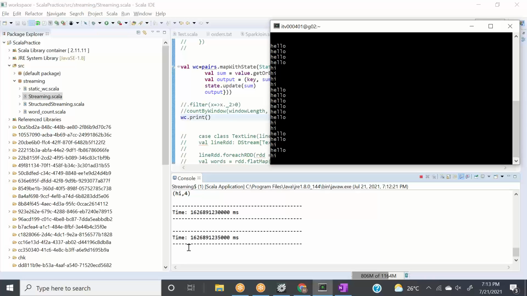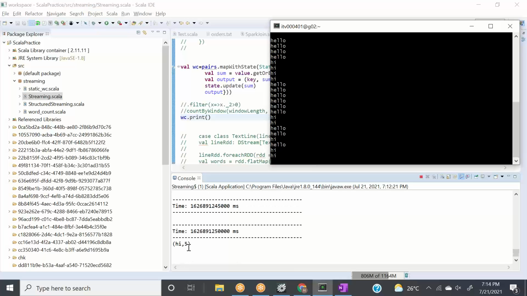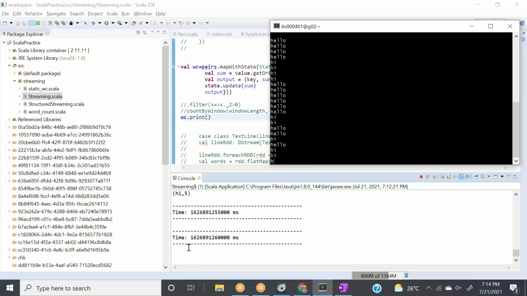It means every time it is not reading the state information. It is only reading the state information when we are changing something. So we change hi again, it will go to the state store now, and it will give hi 5. See, this is why it is 10 times faster, because it is going to the state store only when some key is changed.